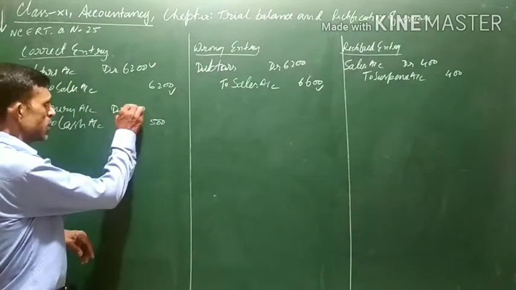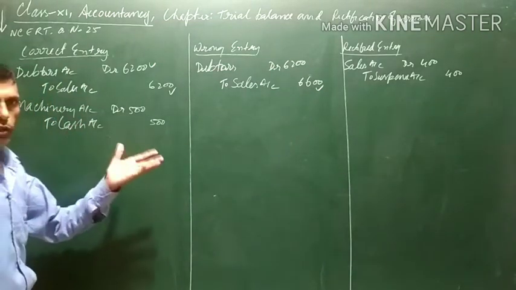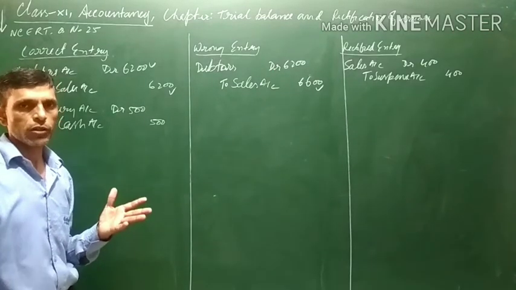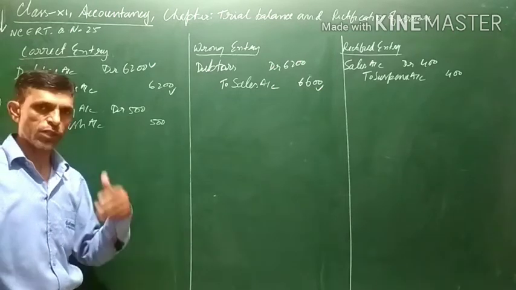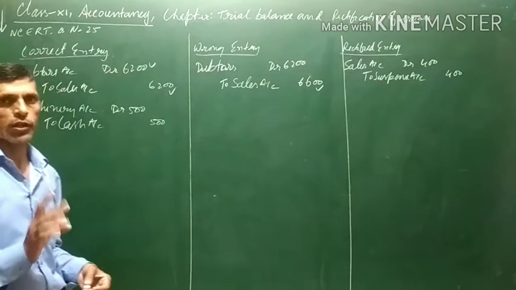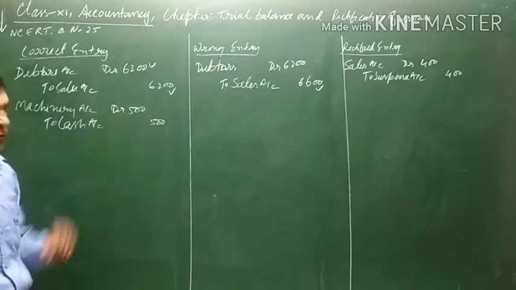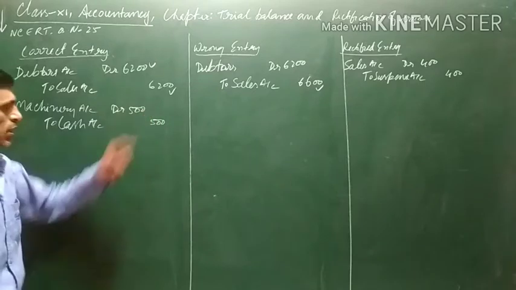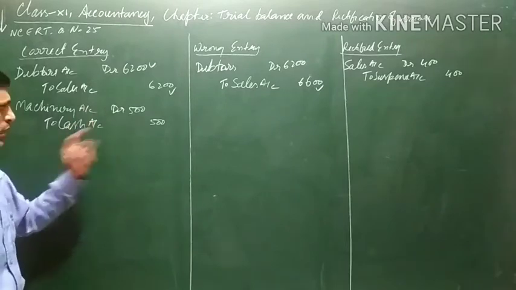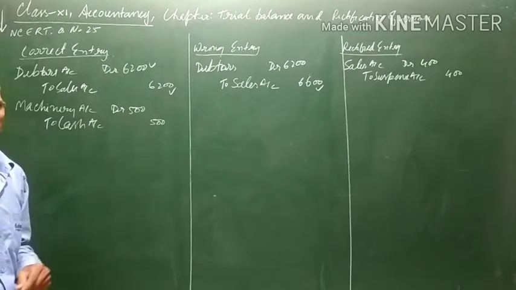Yesterday, in a previous video, I told that if assets are purchased, whether old or new, whatever expenses are incurred to bring the asset into running condition will be included in the cost of the asset, even if repair is done in case of a second-hand asset. Similarly, here the machine has been purchased and installation of 500 has been done. So the amount should be debited to machinery account. This is the correct entry, and cash will be going out of the business for the installation expenses.